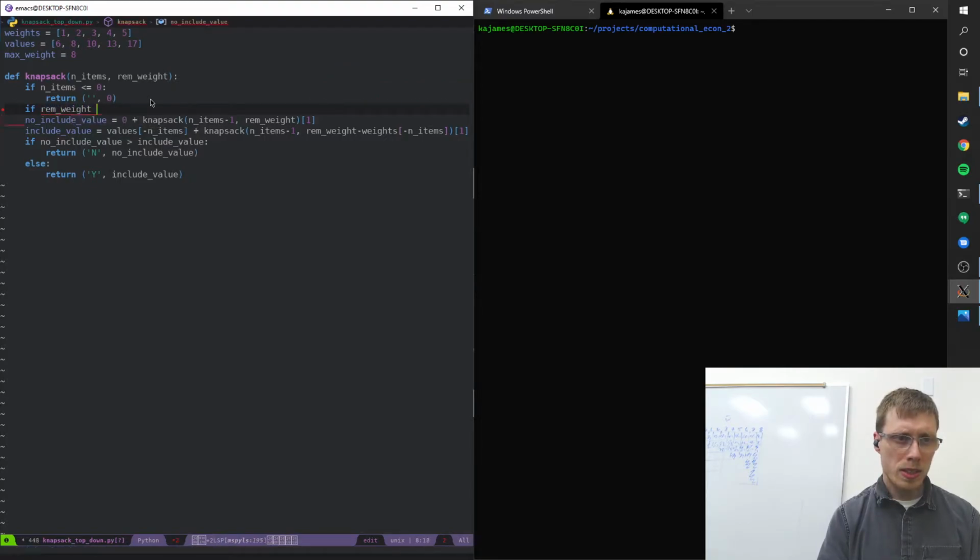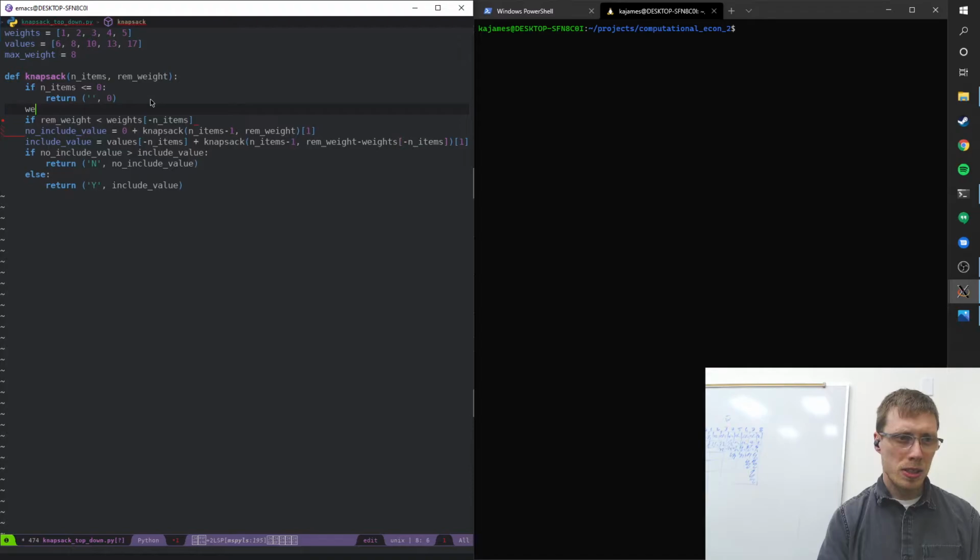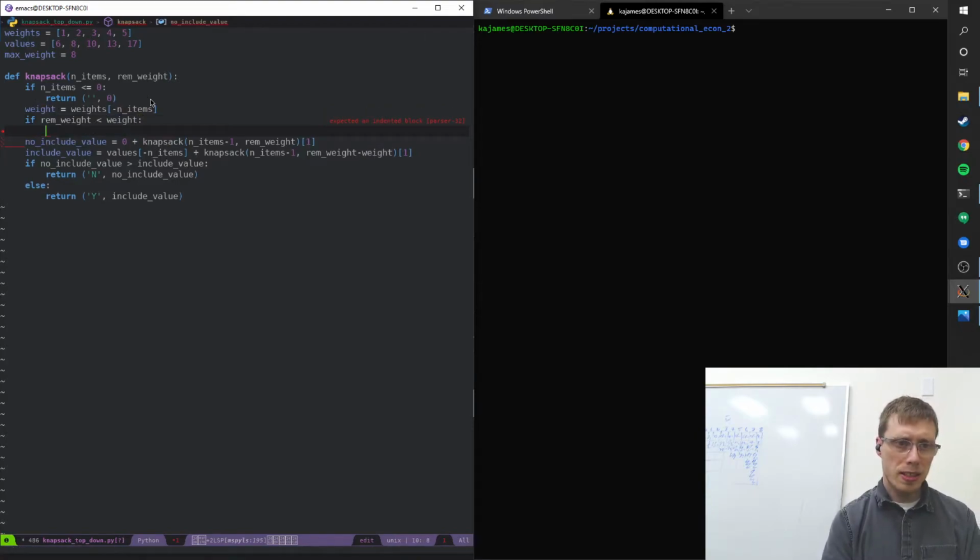rem weight is less than the weights of minus n items, which by the way, I should probably just put into a variable. We can just say weight equals weights of minus n items, and then we can replace this. And we can also replace it right here. All right, and so if remaining weight is less than the actual weight of this item, then we can just return